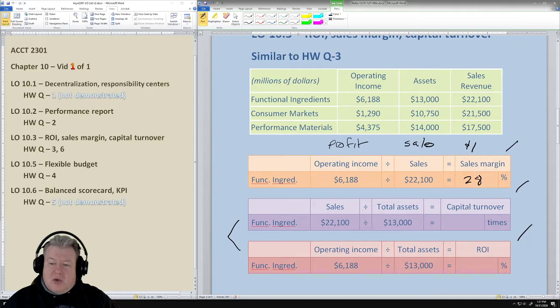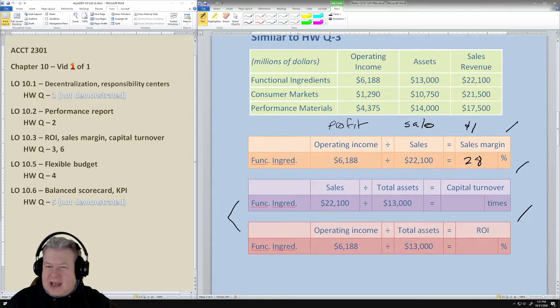Now, you'll notice here that we take operating income. So this is a ratio of the operating income to the total sales. And then we look at both of those. We look at operating income as it compares to total assets. And why is that interesting to us? It's interesting to us because we have to invest in these assets, and we want to know how much, we buy a store, or we buy a manufacturing plant, or we buy a bunch of machines, and we want to know, are those machines being effective?